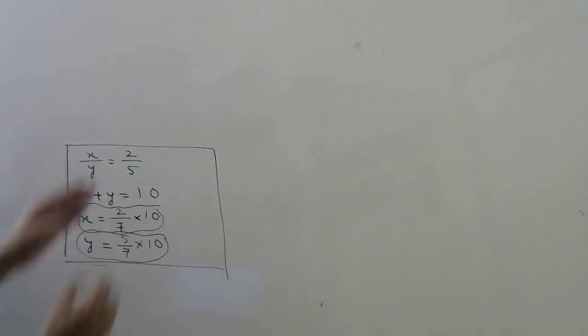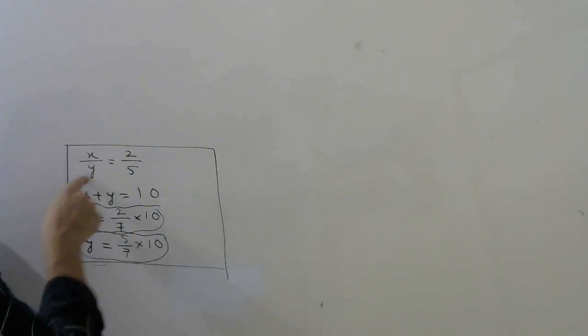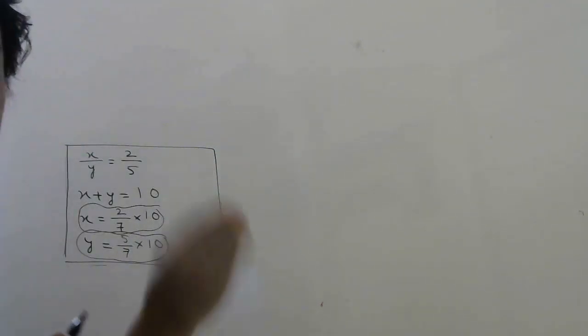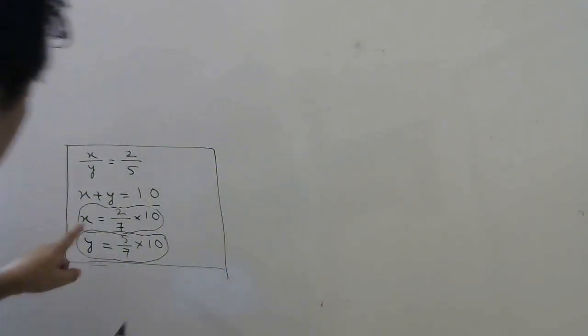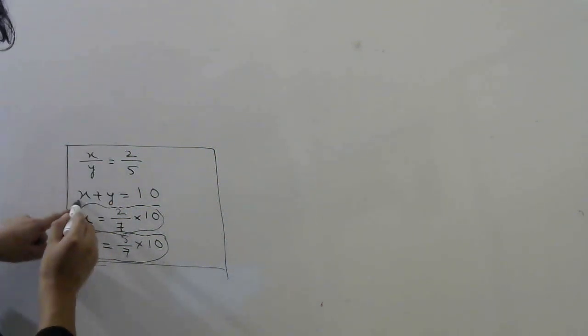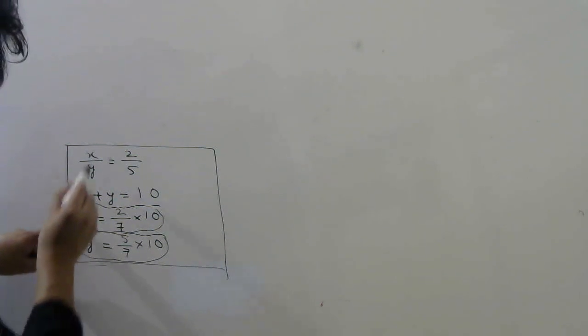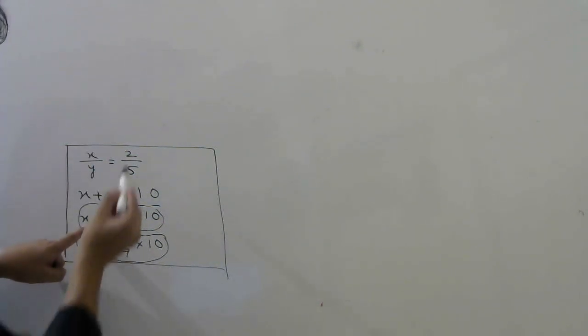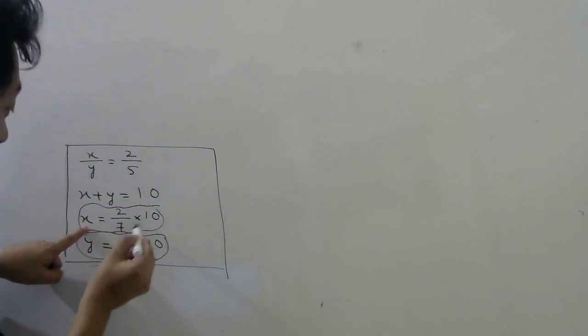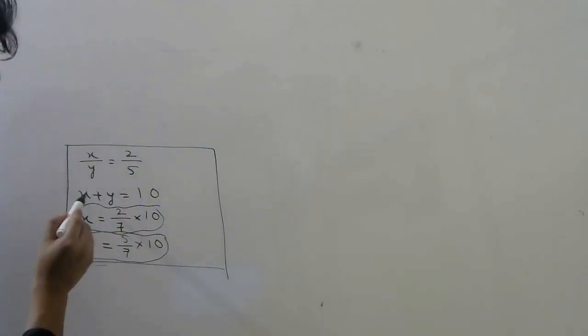Of course, you can solve this equation, right? You can cross multiply, substitute x here, solve, you will get y, then substitute y, you will get x. But this is something I want you to remember. So when you know the ratio and you know the sum, then to find one of the variables, x, what you do is, these two divided by the sum of these two into total. Total means x plus y.